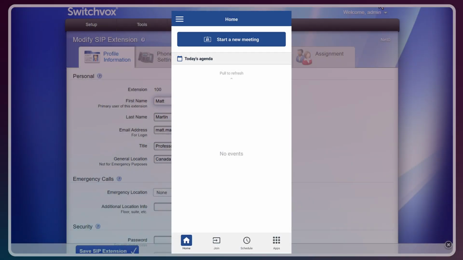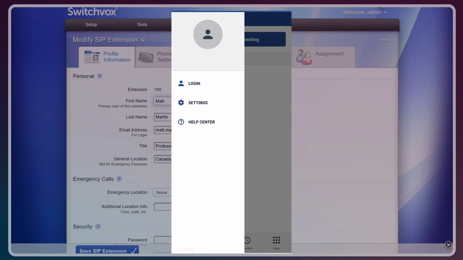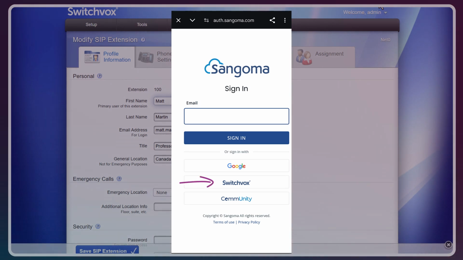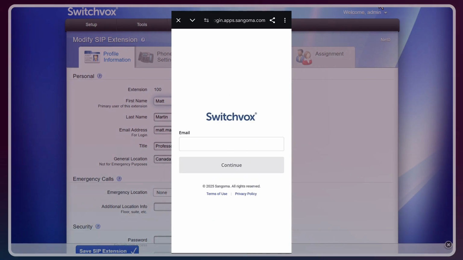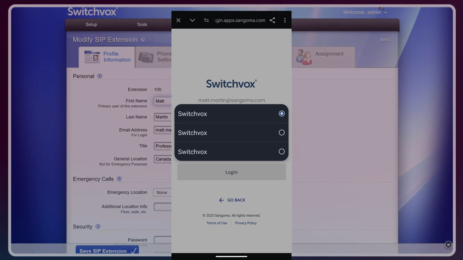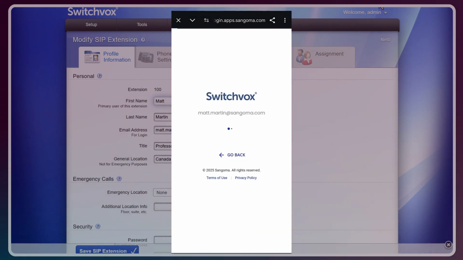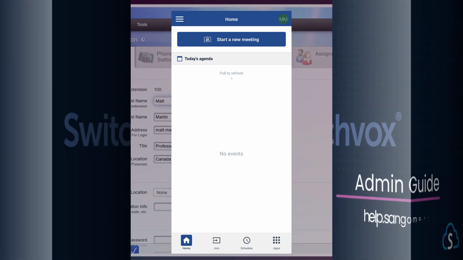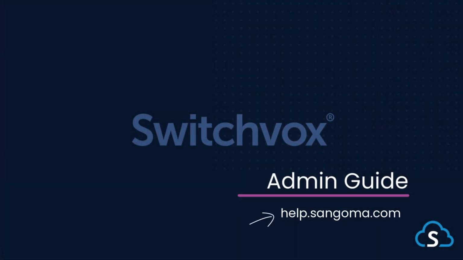Okay, for other applications such as Sangoma Meet or the chat application, logging in is similar by using credentials for the web portal. In the case of Meet here, I'll use that one as an example, clicking login. And when SSO is offered as the login method, we're going to click on Switchvox. Similar to before, I'm going to put in my email, and I'll be asked for my password, and that'll log me into the application. So that should give you a good grasp of using the Sangoma and Switchvox mobile applications.